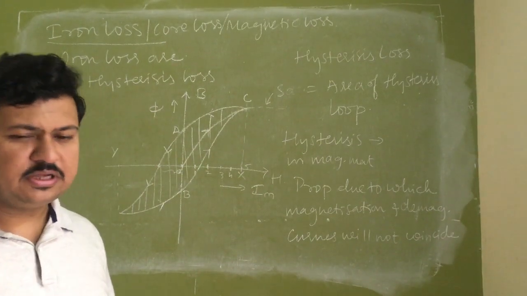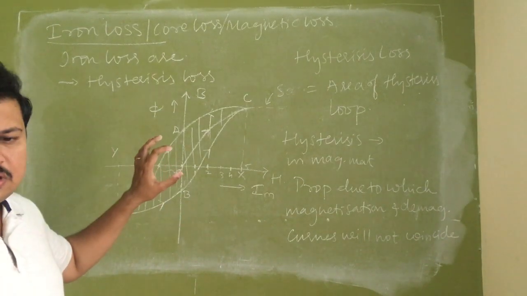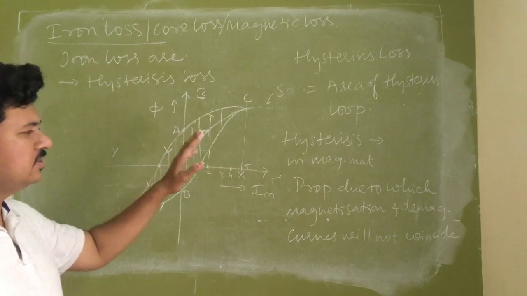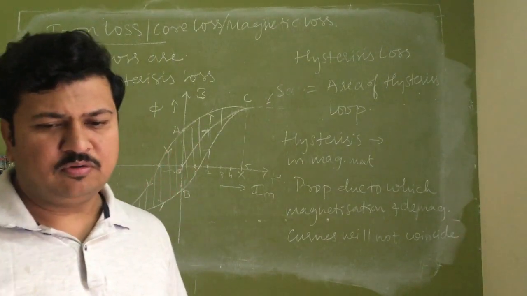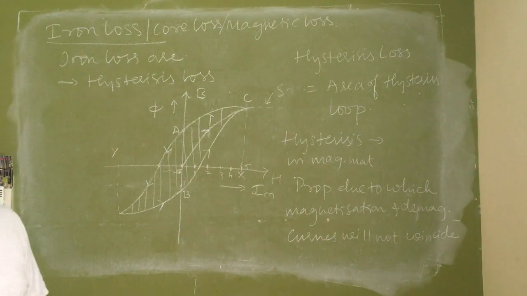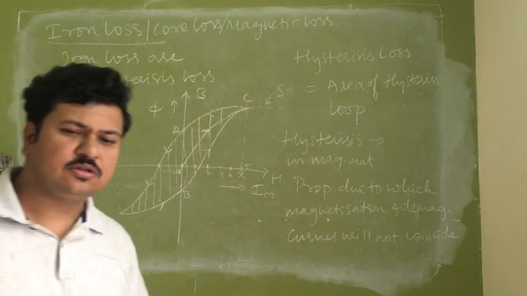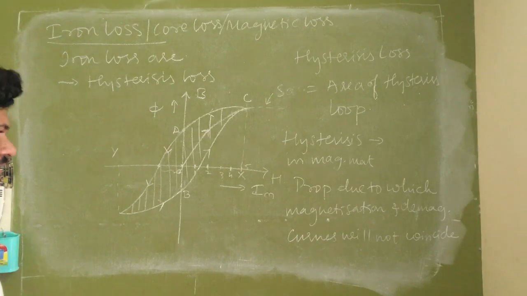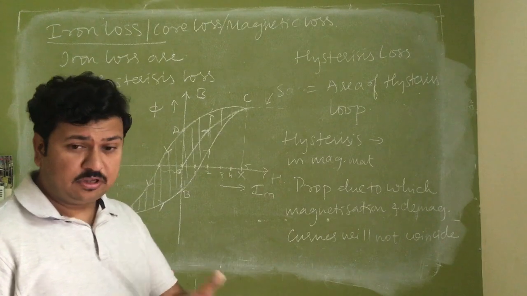But at the time of fabrication itself, I can make sure that this hysteresis loop is as small as possible. It means that my hysteresis loss can be kept very low. So the silicon steel material that I told you we are using as the core material is one of the best core materials we have, with very minimum hysteresis loss. Therefore, we use silicon steel.